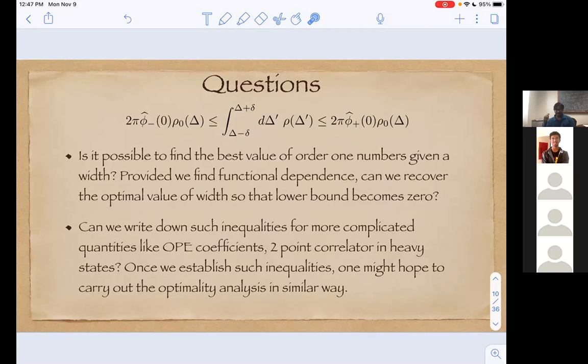Sorry to interrupt. There are two questions regarding optimality. One is whether you can put some sort of lower and upper bounds that are saturated by some CFTs. And the second one is, can you write down something that is saturated by some complex function? Because what you're doing is starting with a function of beta as a complex function, and you're doing some expansions on this. So I guess you're claiming that you find examples of physical CFTs.